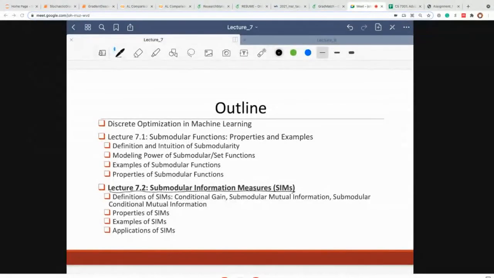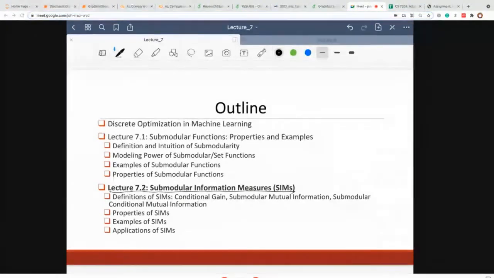Aspects of this have been looked at since Shannon in 1948, and in several other papers in the late 90s, early 2000s, etc. A lot of work in information theory along these lines, right? But in some sense, the connections to machine learning are recent, and a lot of work was done on this by our group and some collaborators, where we have been looking at these submodular information measures, concepts of submodular mutual information, conditional gain, and so on and so forth, right? So I'll spend some time talking about this as well.